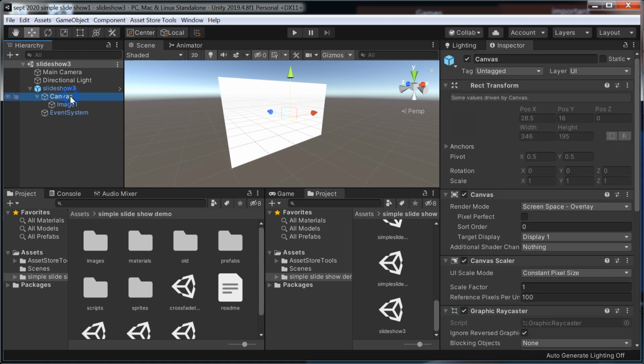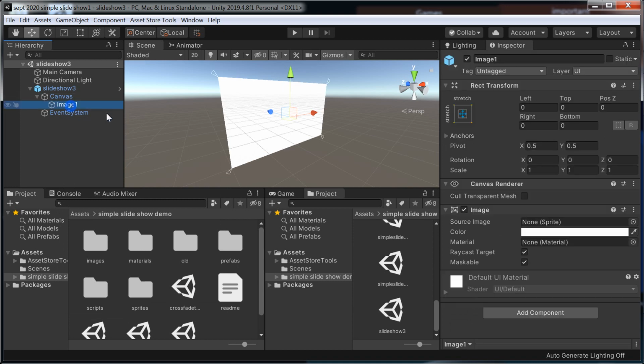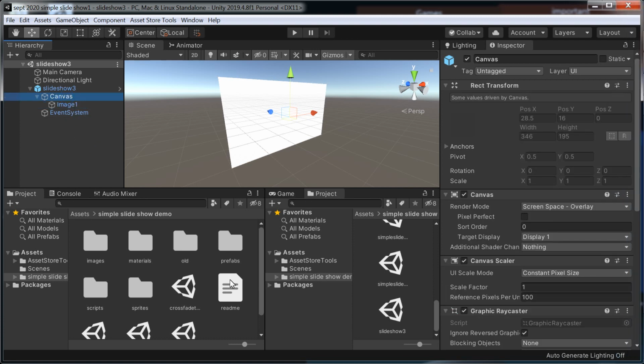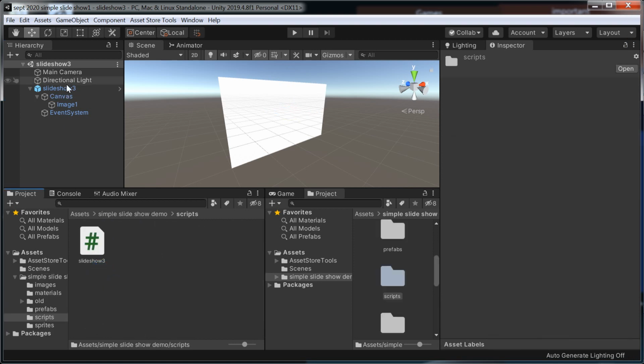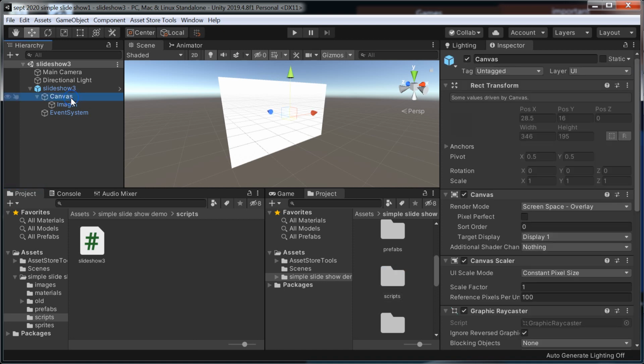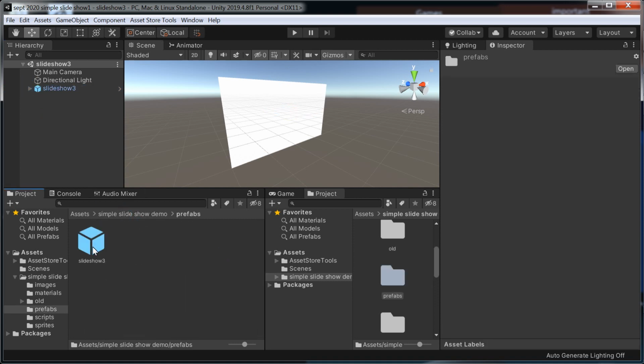So how to do it? Well, I've had to add a canvas and a UI system. So right click, UI, and I added the image. We have to access some of the image functions, and one of the image functions is crossfade. So in script, slideshow 3, you drag that onto the canvas. I've also created a game object called slideshow 3 just to make it easy to make a prefab, which is also available in your package. So you just drag the prefab in and you're ready to go. If you want to build it yourself,